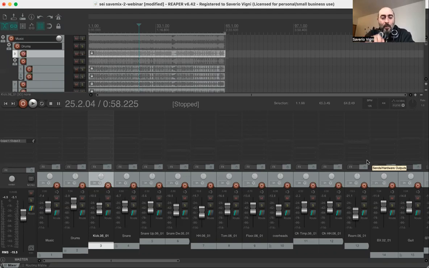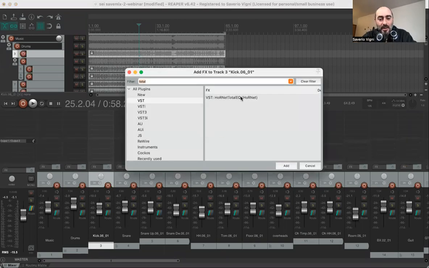But we are going to use the TotalEQ to shape the sound. I don't know what you do usually, but I usually start with drums because it's the hardest part, in my opinion. Yeah, it's a little bit punky, not exactly punk. So if I, for example, start with an instance of TotalEQ on the kick drum,